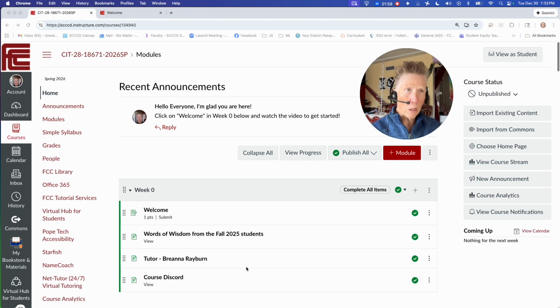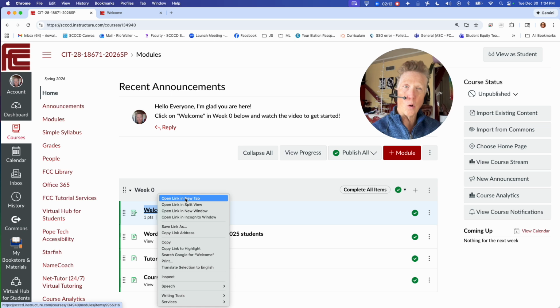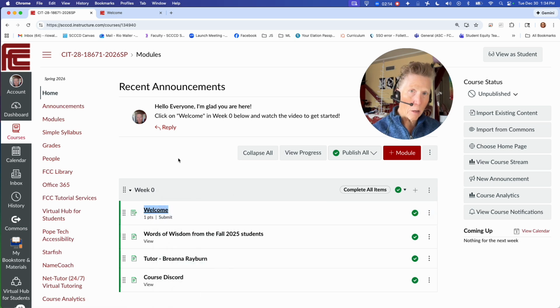Okay, so one thing you're going to see me do, and this is fairly common, I'm here in Canvas, in a browser, and when I want to look at items, now you don't have to do it this way, but this is how I do it. I will right click and then say open in a new tab. And that's because oftentimes in a course like this, you may have several tabs open that you're working through,